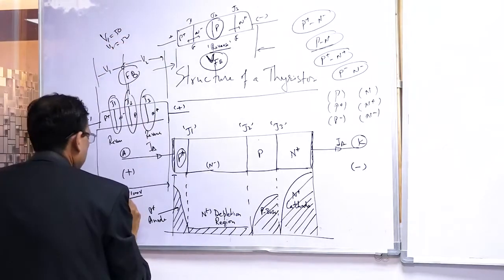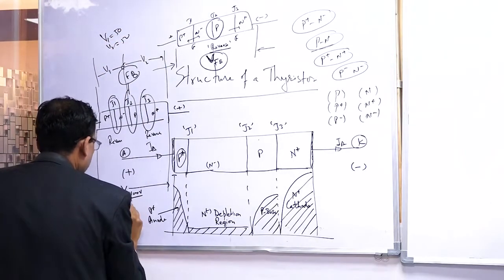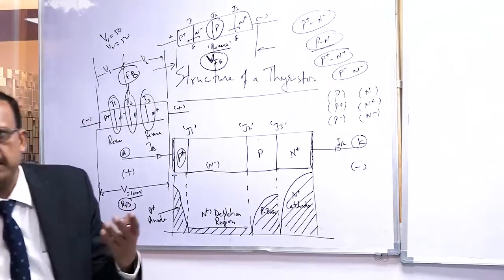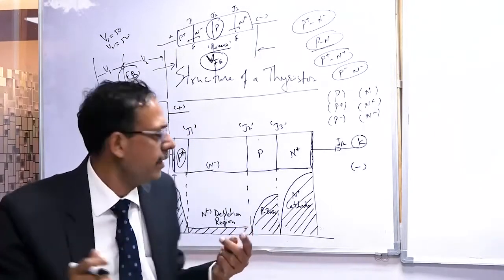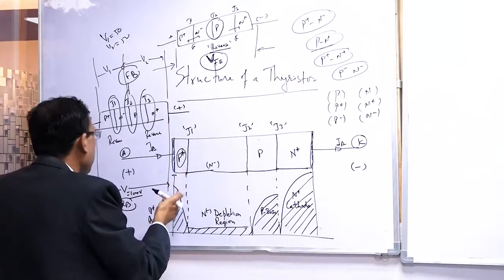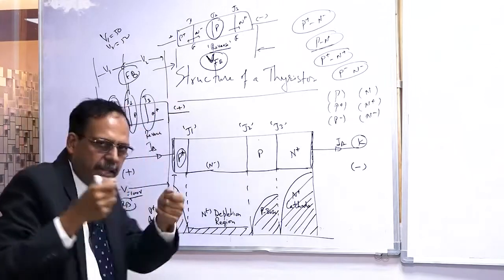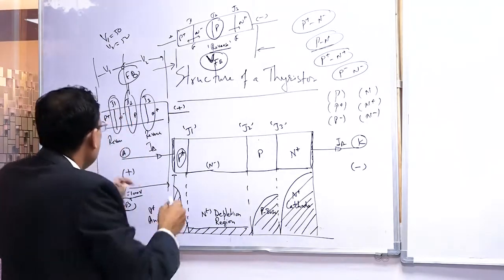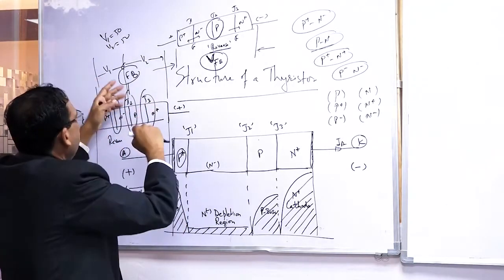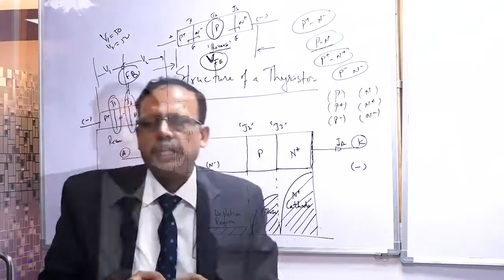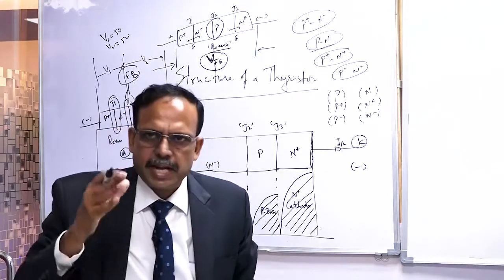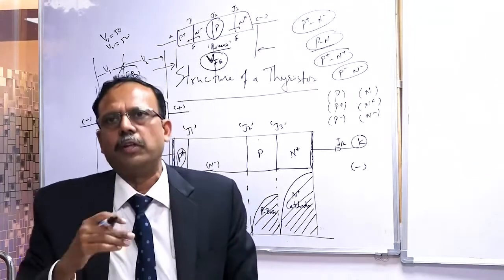This is a reverse bias voltage, isn't it? Whenever a negative voltage is applied, the thyristor is not conducting. So in that case, the voltage is going to be there. Because this is shorted, this voltage and this voltage you can measure with your multimeter. So I am expecting V1 and V2, whether they will be equal or different. Is my question clear? Because understanding is important, only then we are going to solve that problem.